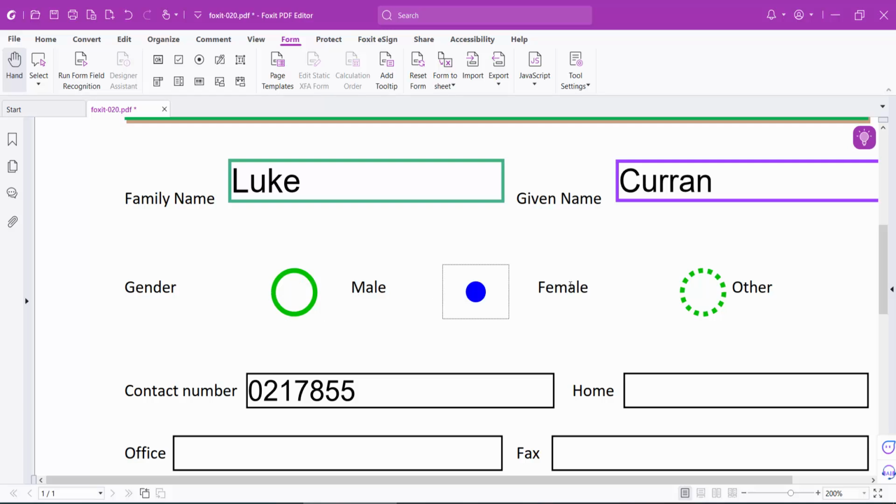Yeah, in this way you can edit the border of a radio button in a